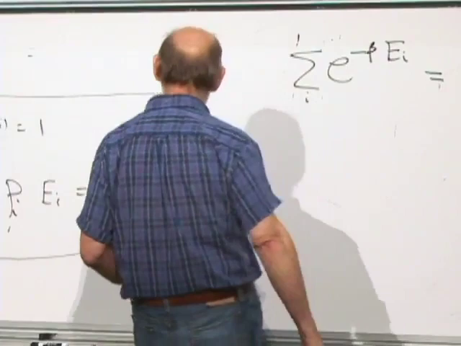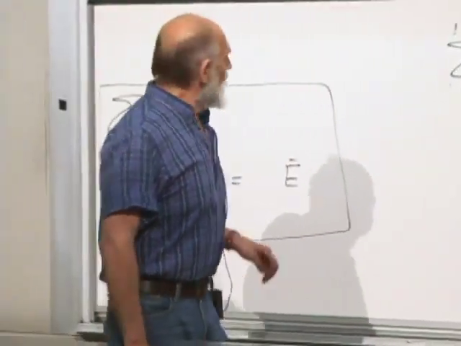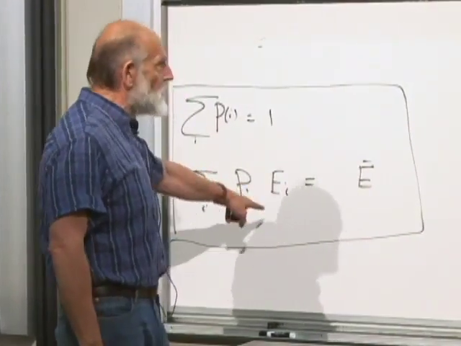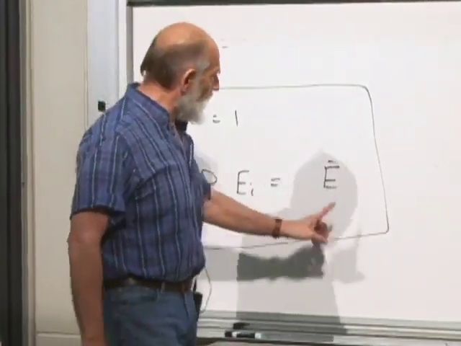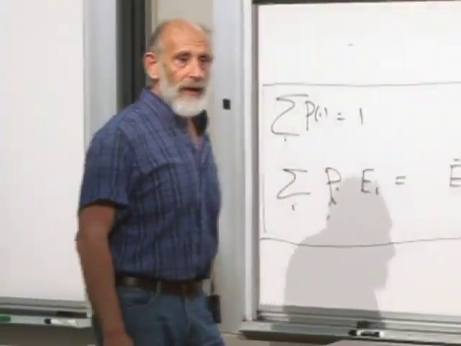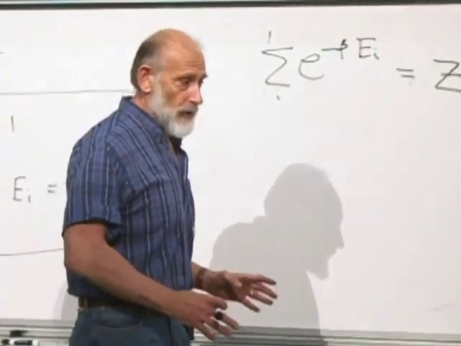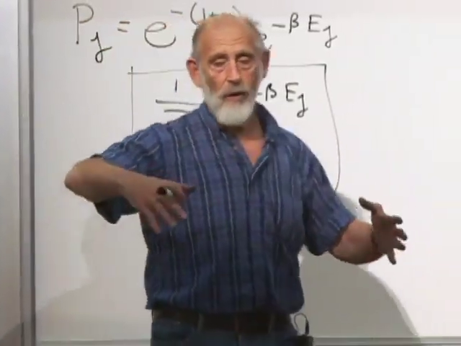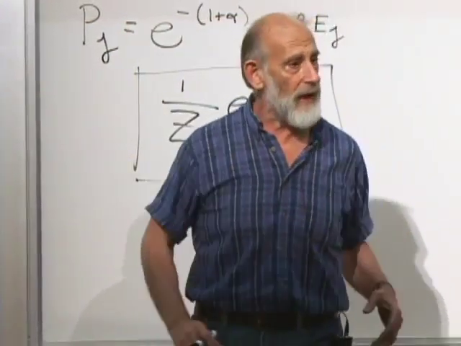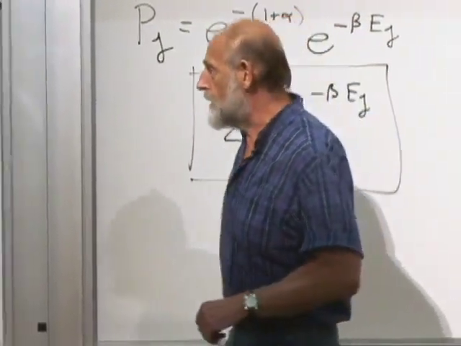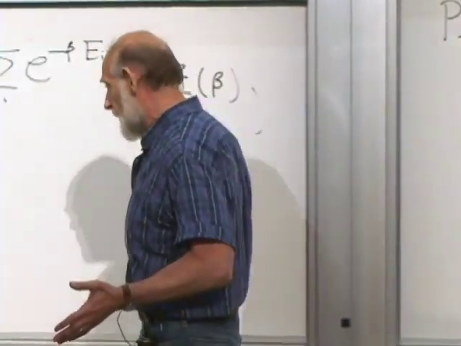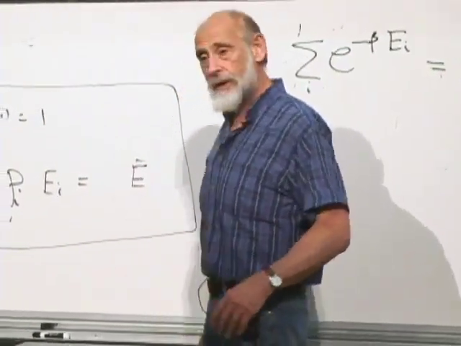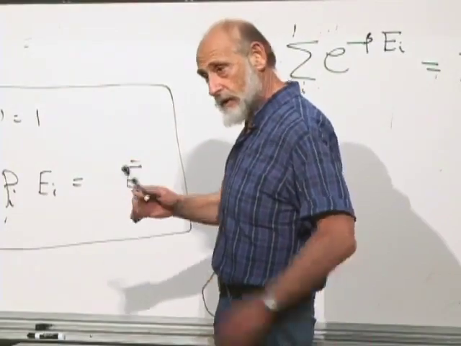All right, how about beta? How do we choose beta? The other constraint is that the sum of the probabilities times E sub I has to add up to the average energy. Now I'm assuming that we know the average energy. The whole ensemble of copies had a total fixed amount of energy. If I just divide it by N, that tells me what the energy of each replica, of each copy, is. So I will assume for the moment that I know what E bar is, the average energy of one copy.